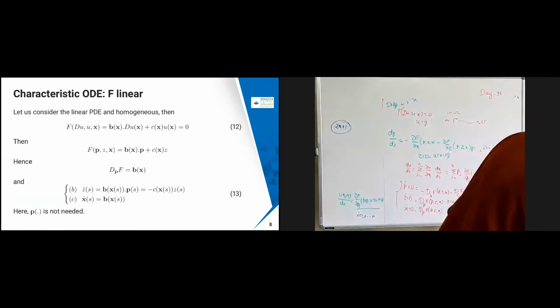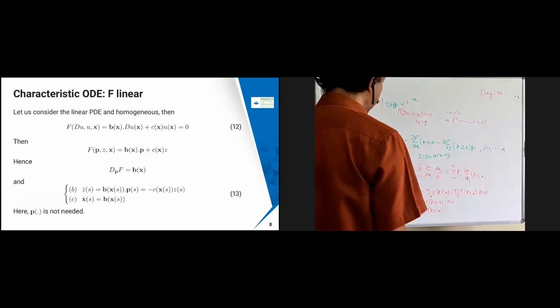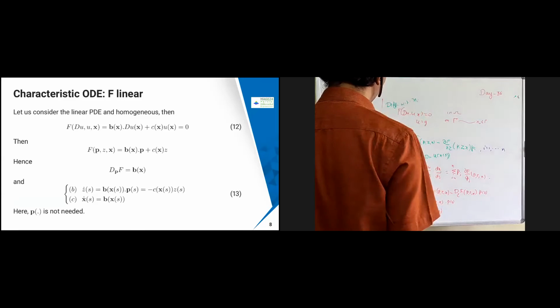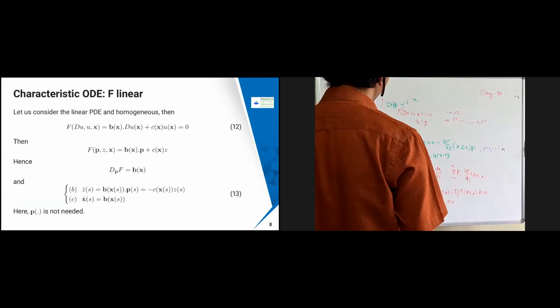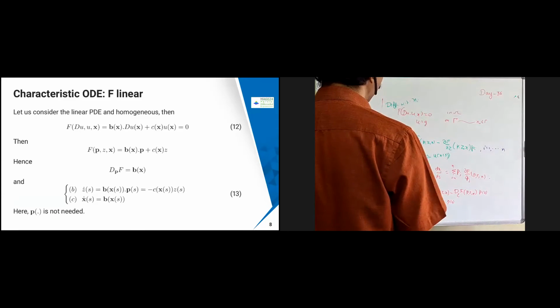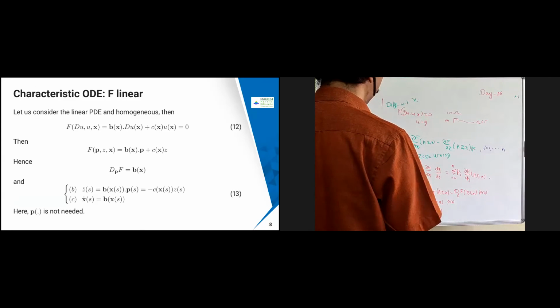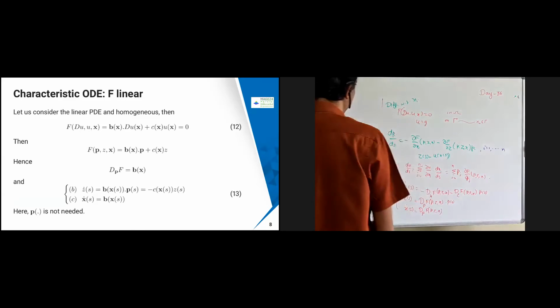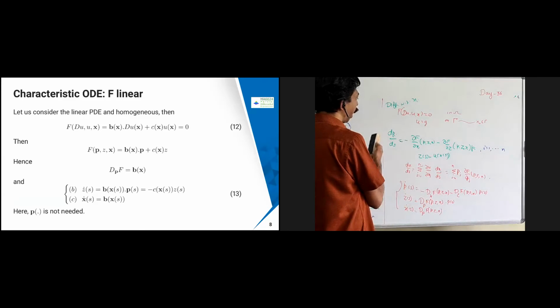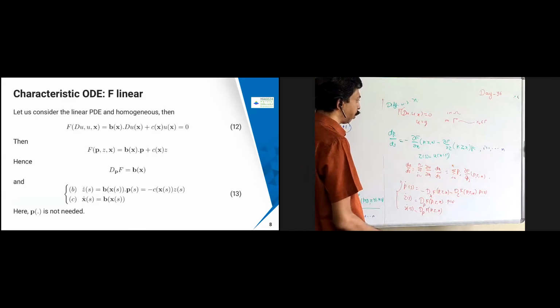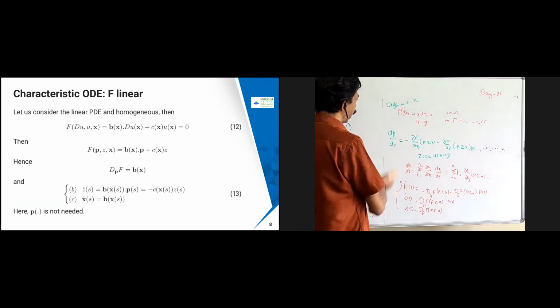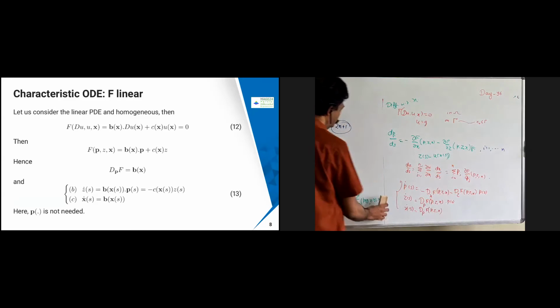Okay, let's see some simple example problems. So far I have not made any assumptions on f, because nowhere did I use a condition of nonlinearity in our problem. This is a general setting only. If you just see the proof of this one, I didn't use that anywhere. Therefore, this is applicable for linear PDEs also.